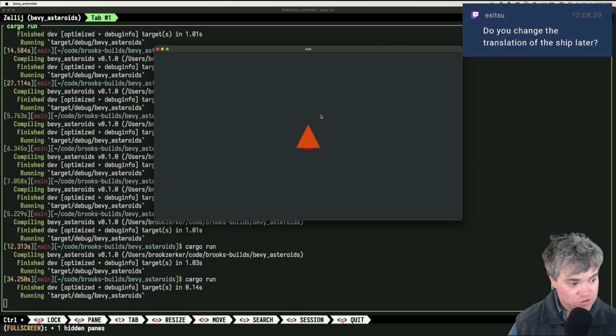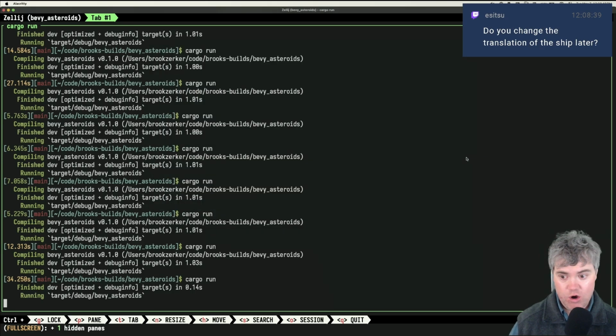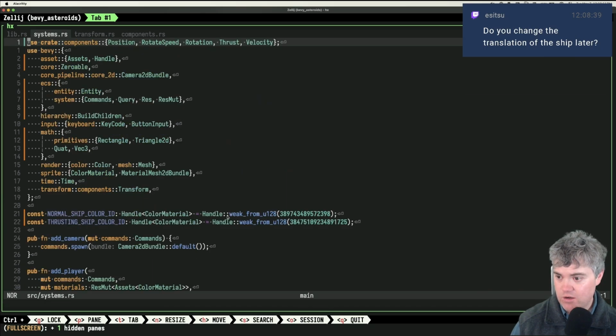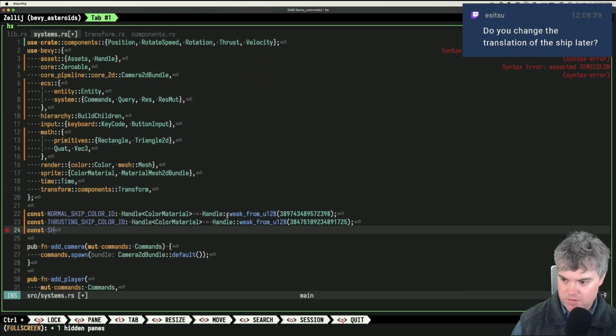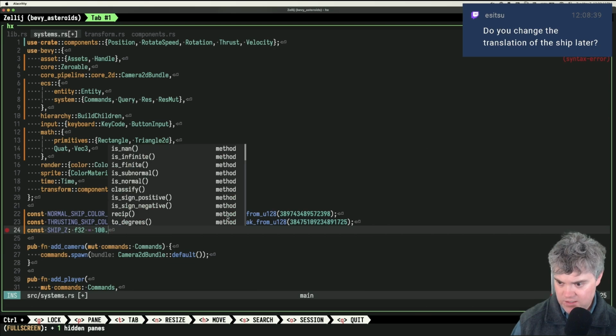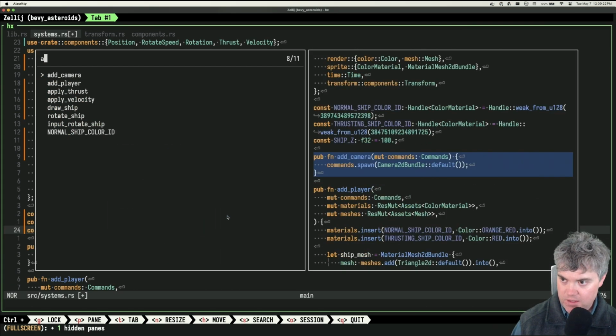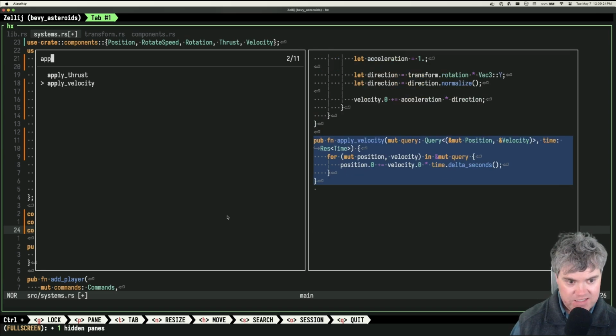Do I change the translation of the ship later? Oh, I do change the translation of the ship later, don't I? Okay, so hold on. So if I do ship Z, let's say that this is 100, and then we have apply velocity.